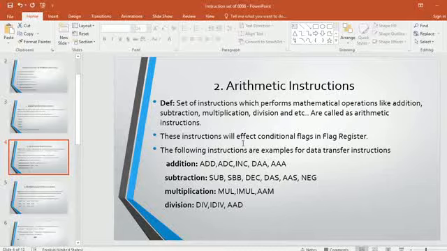So don't try to explain all the instructions in your 8086 microprocessor textbook, whatever instructions you are coming across and whatever explanation we have seen during the instruction set of the 8086 microprocessor. Don't try to explain all the things. List out all the instructions that come under that category and explain 2 or 3 instructions in detail. If you do it like that, it is going to be acceptable. So this is the conclusion of the instruction set which I missed out in the last class.